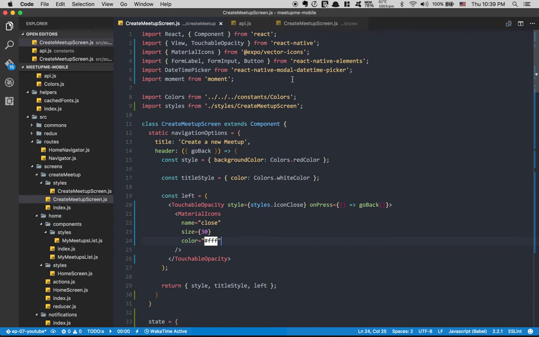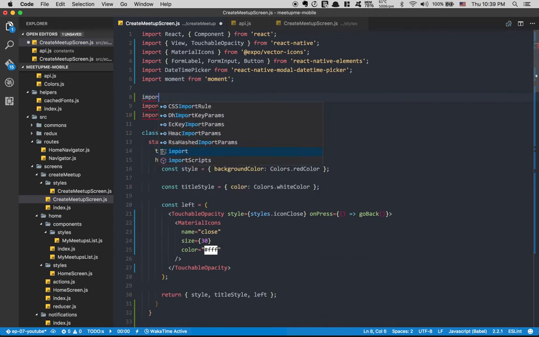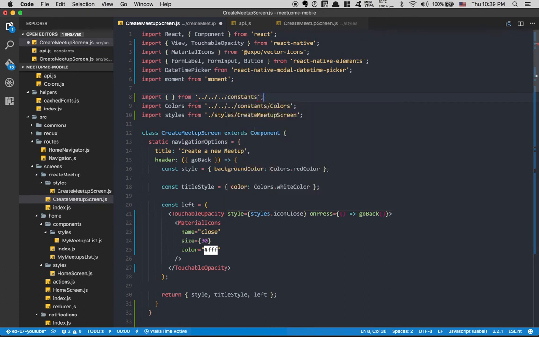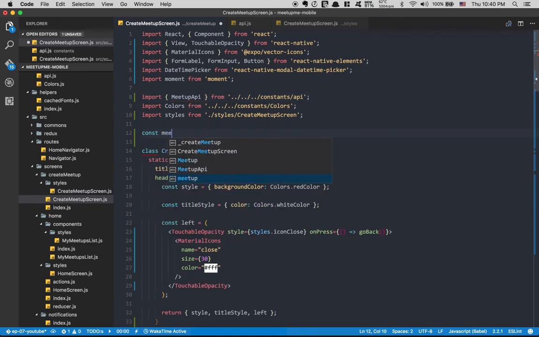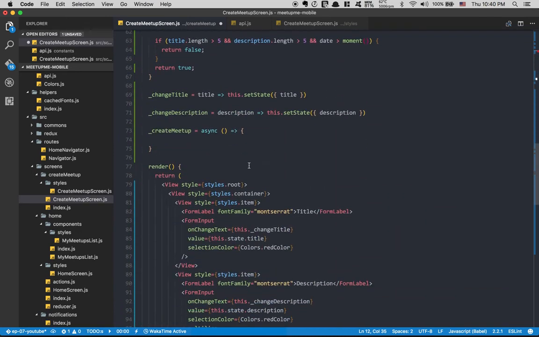Now here at the top, I'm gonna import from my constraint, Meetup API. Here I'm gonna create it: const meetupAPI equals new MeetupAPI. And now inside my action here, create Meetup, what I'm gonna do